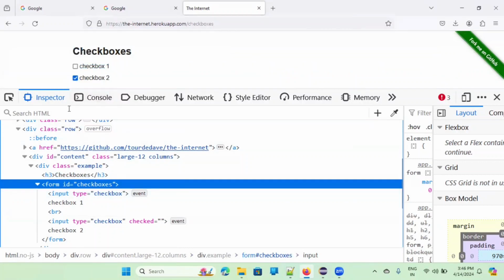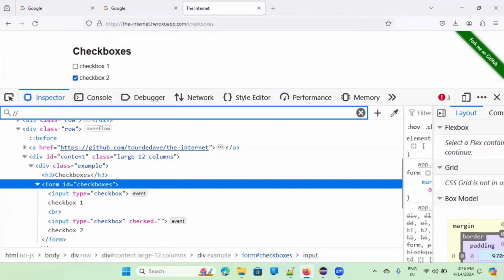Now, if I create the XPath for this, I can write input. So I have started with slash slash input, which is the tag name here, and at the rate type is equals to